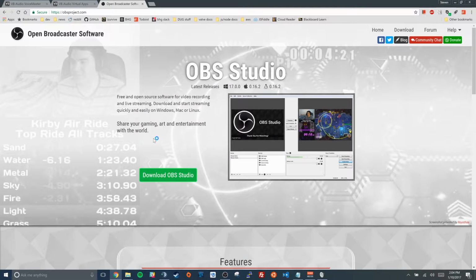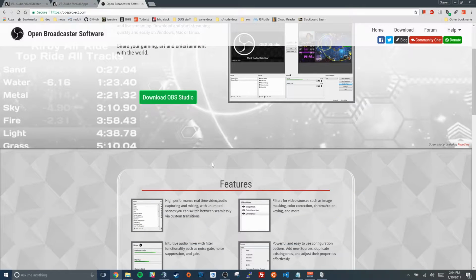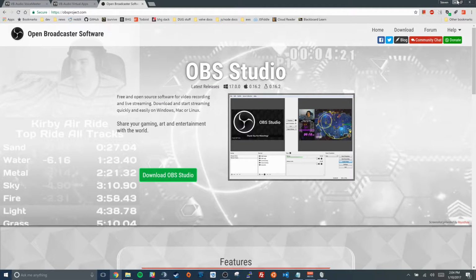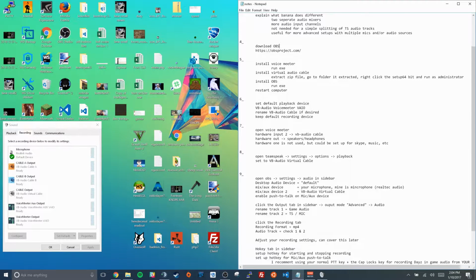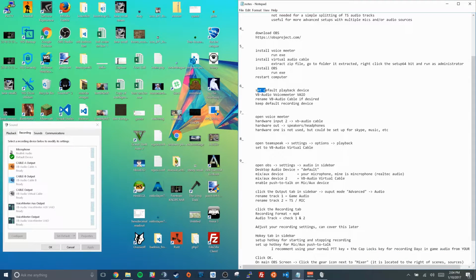The other thing you need to do is download OBS Studio. It does a lot, it's complicated, but it's not so bad. All right, then we're going to set the default devices. Oh, go ahead and restart the computer. When you come back,